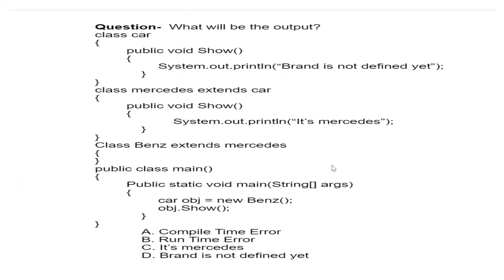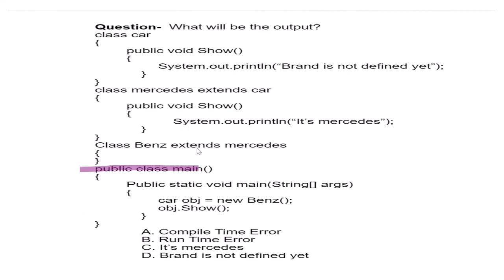Okay, so in this question we can see that inheritance has been used here, and multiple inheritance is what we can notice. So what will be the output? Firstly we can see the main is here, so we will come here, void main, car object. We are creating an object for the class Benz. Benz is extending Mercedes and Mercedes is extending car, so all these are related. Now with the object we have created of the Benz class, we are calling this show function. So in Benz, let's go to this show.